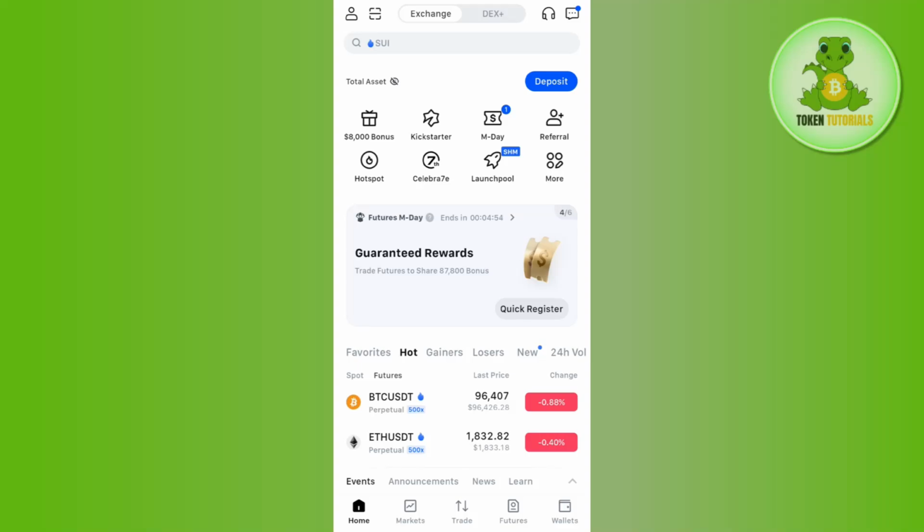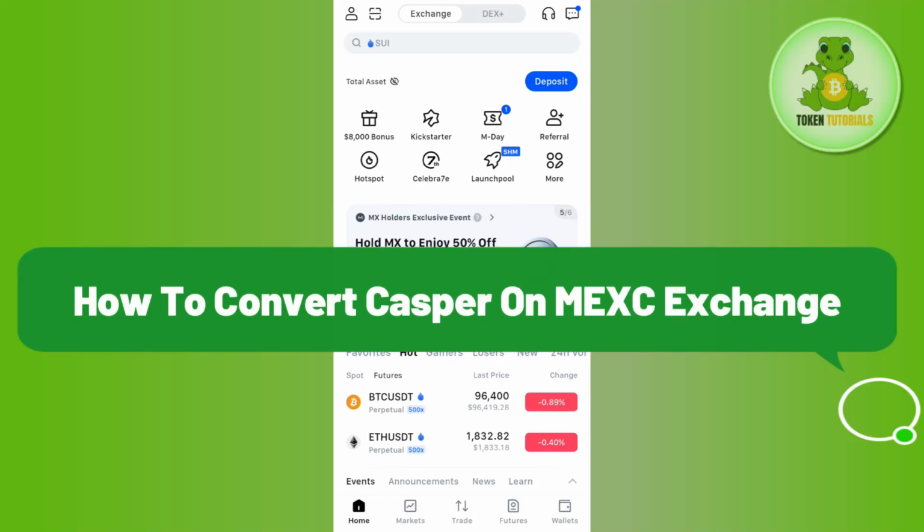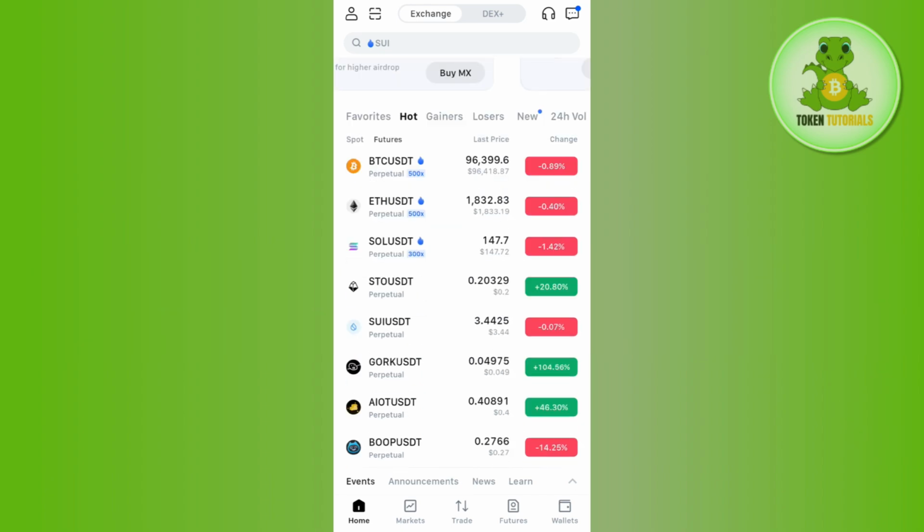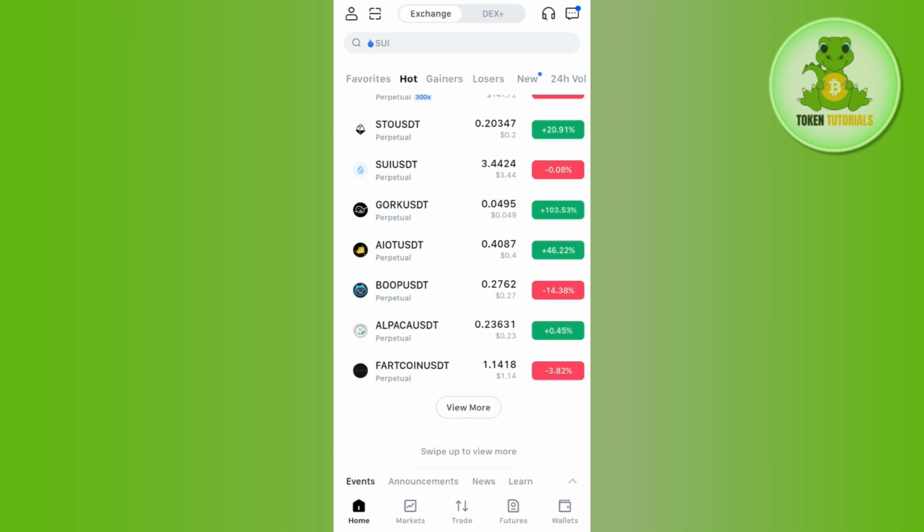Hello everyone, welcome back. In this video, I'm going to give you two different options to convert Casper on MEXC exchange. For that, first of all, you need to open your MEXC app and then you need to log in